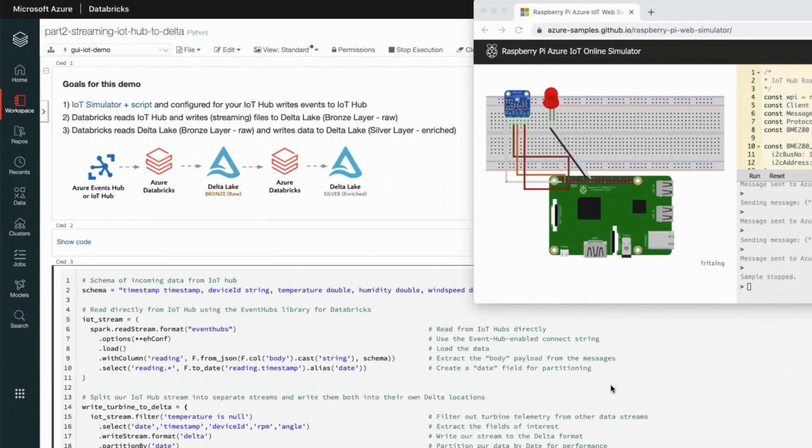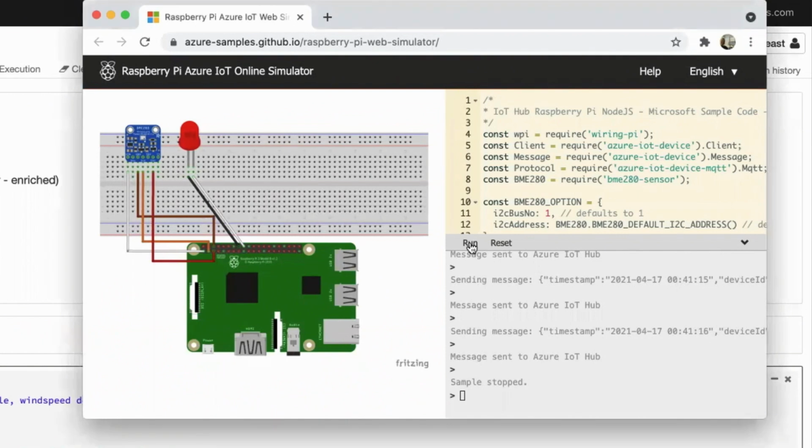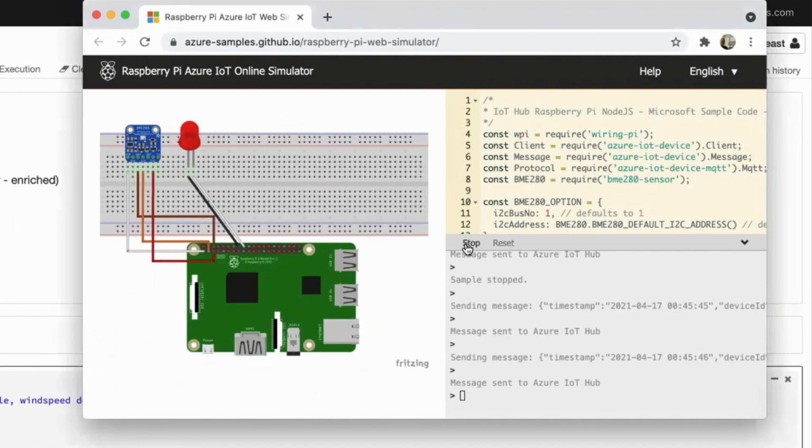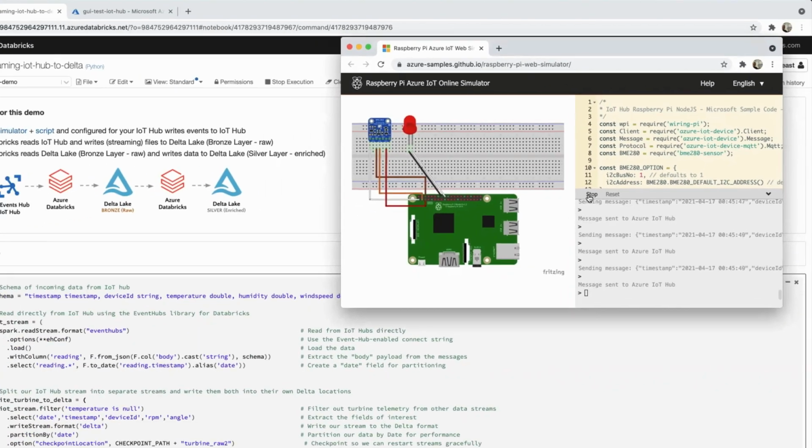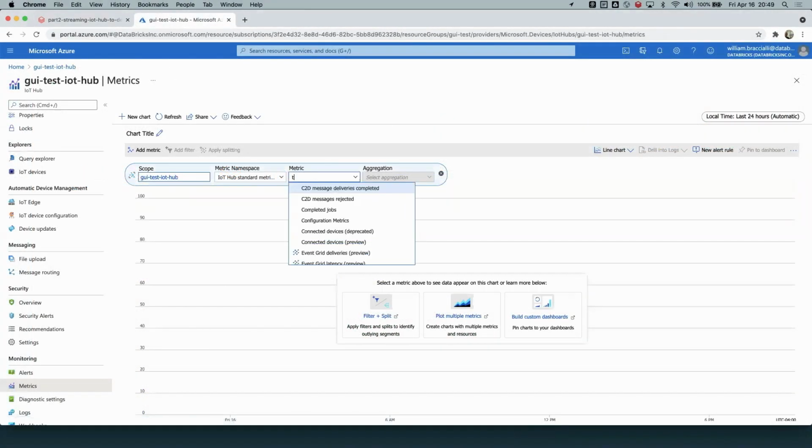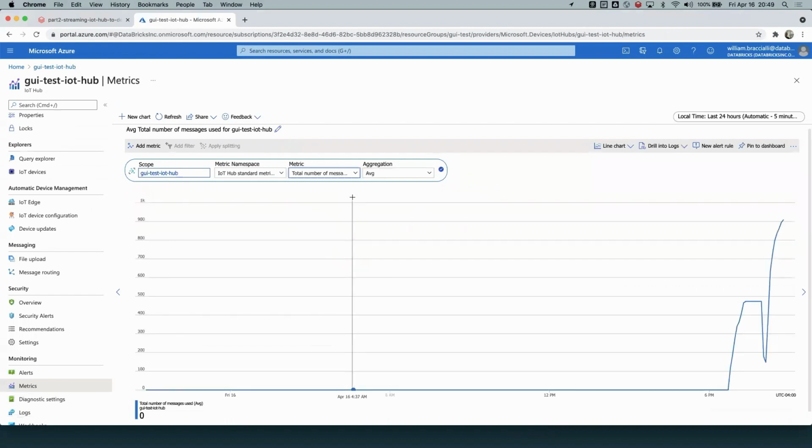Next, we're using an IoT simulator provided by Azure to send live streaming data payloads similar to those created by real wind turbines into Azure IoT Event Hubs. Once we press the Run button, the simulator starts sending telemetry and weather data to the IoT Hub every second. Within Event Hub's metrics, we can see that the simulator is running and sending new messages to Event Hubs as